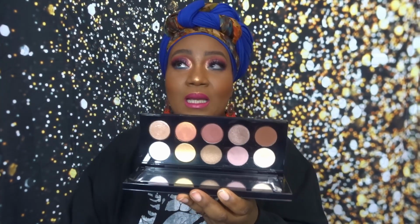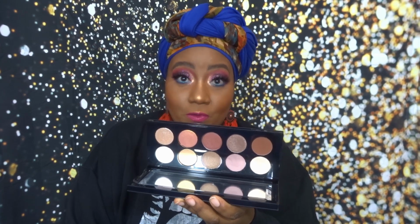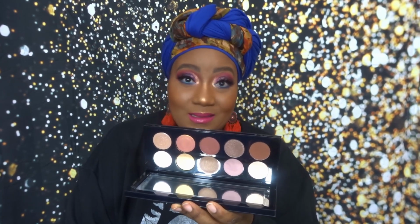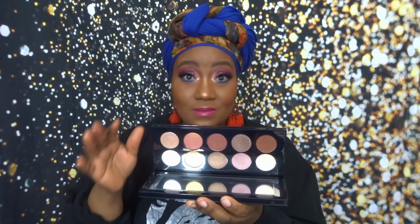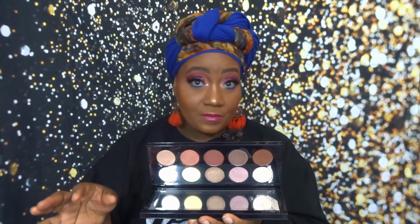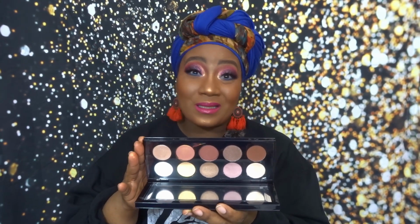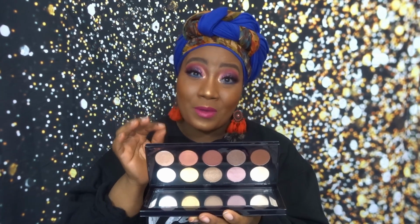Okay, moving on to the next prompt, which is not a favorite but can't get rid of. That's got to go to Mothership 7, Mcgrath Mothership 7. This is Divine Rose 1, and it's just honestly, if I'm gonna be truthful, one of the most boring palettes ever. I know that maybe for some skin tones, maybe it pops for them and it's one of their favorite palettes or whatever, but for me, this is the most boring, at least definitely one of the most boring palettes